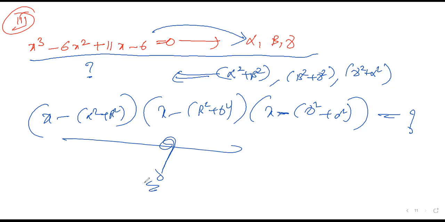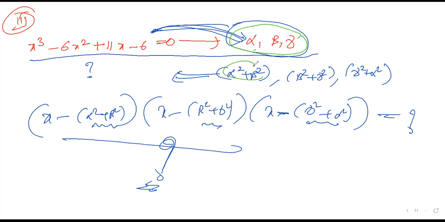So if you want this, first you want to know alpha, beta, gamma. If you want to find alpha² beta² value, first you have to know alpha, beta. So what is alpha? What is alpha, beta? This alpha, beta, gamma are roots of the equation. So first, your duty is to find alpha, beta, gamma. Then after you find these values, substitute here, and you'll get the third order equation. Clear? Yes, sir. Good.